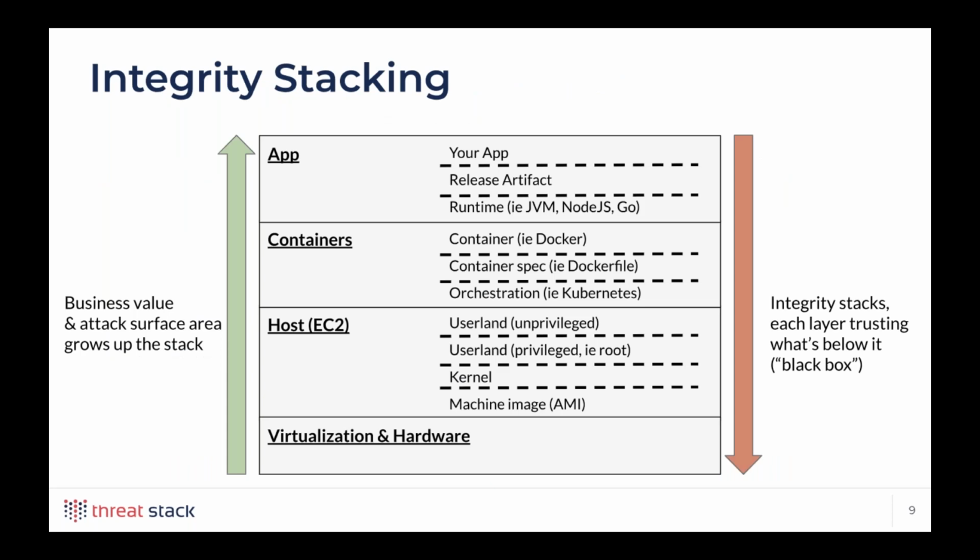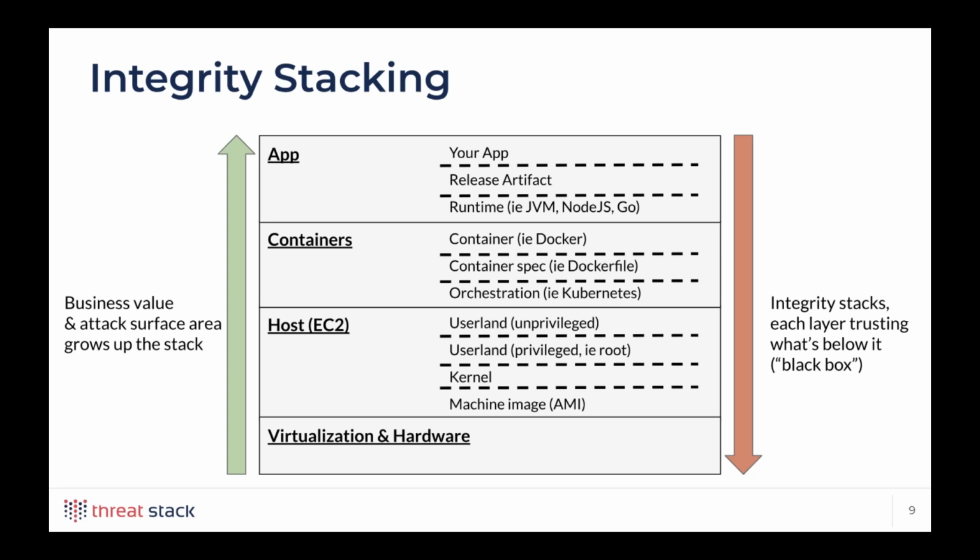Before we talk about a specific attack that we've observed, I wanted to revisit this idea of integrity stacking. Now, we mentioned that these components like your Jenkins server or your build server in your CI/CD pipeline, they do run on infrastructure that has a runtime component to it. And we'd like to talk about this notion of integrity stacking, where you move up this stack from virtualization and hardware up through host instances like EC2 if you're running in AWS,